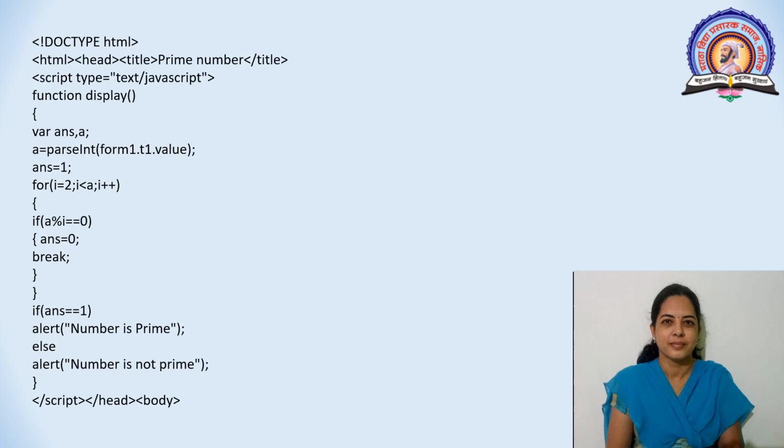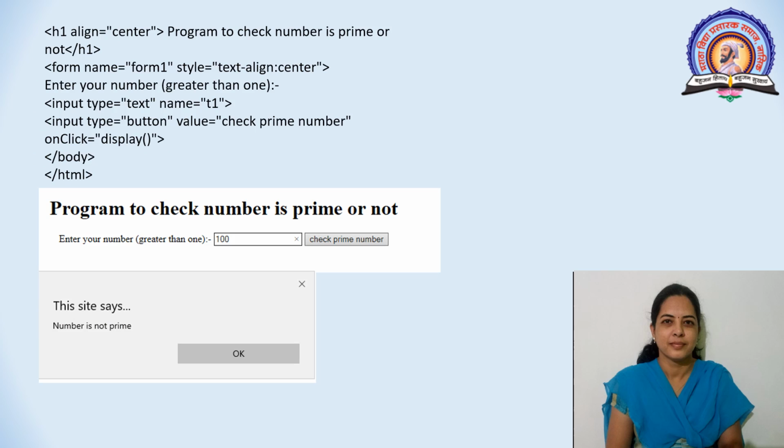Then the next statement is if answer equal to 1, which means the remainder is not equal to 0, alert number is prime, else alert number is not prime. Here you can see input type equal to button, value equal to check prime number, onclick equal to display.